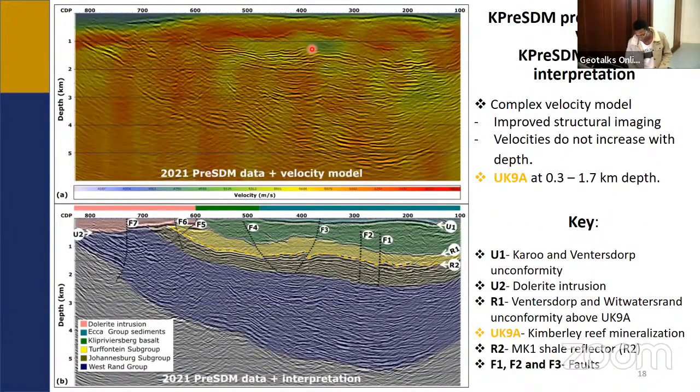Looking at the velocity model overlaying on the pre-SDM section, when they were processing the data in the past, I would imagine they went with the concept that velocities increase with depth. But the knowledge we have on the Wits Basin now, the presence of Fenderstop lavas on top of the Wits quartzites, we know that the Fenderstop lavas have higher velocities than the Wits quartzite, even though they overlie the Wits quartzite. So now, by merely inputting higher velocities in this region, we saw a significant improvement on the actual migrated